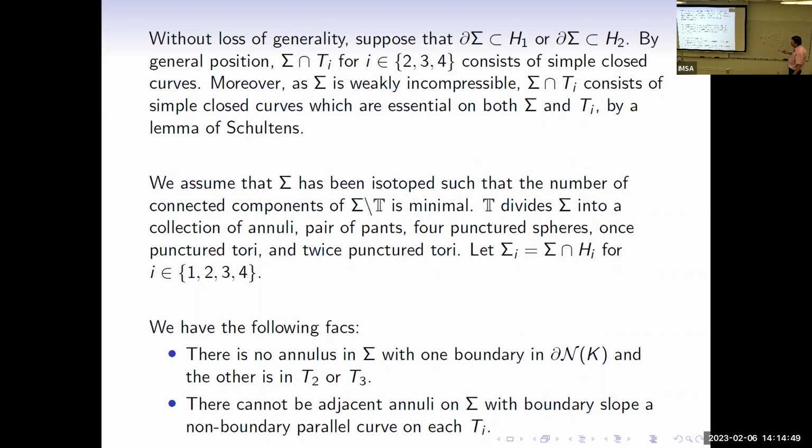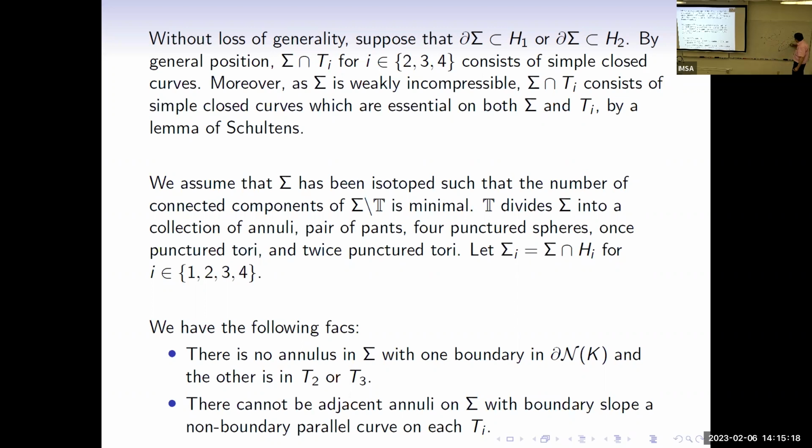So now we can look at the different pieces. Here we say, from this fact, first, there is no angle, one boundary here and one boundary here, something like there is no curve like that. Or if there is one, we can isotope this one. And the second, that there is no